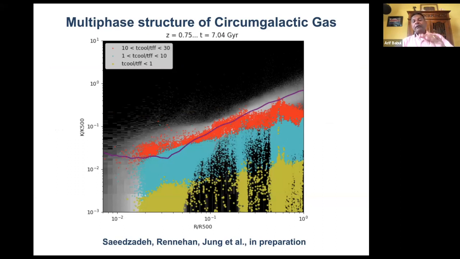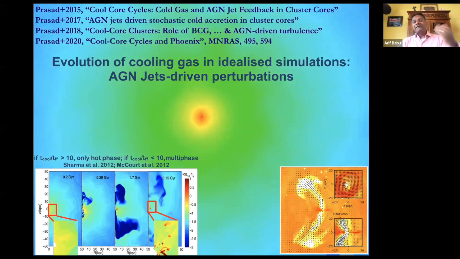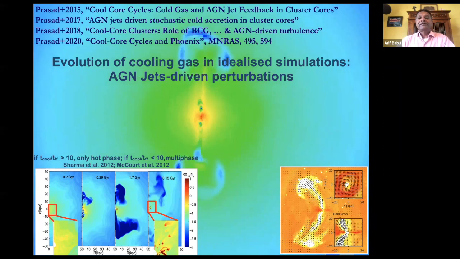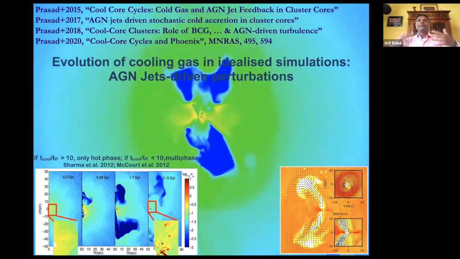We have been looking at gas in various cuts. Here I'm showing you a cut that's based on T cooled over T freefall. The color coding reflects the values of this ratio. And the question is, why this particular parameter? Well, studies of idealized systems in galaxy clusters and groups have found that any form of perturbation, here the perturbation is due to AGN jets, but any form of perturbation that takes a medium that's in